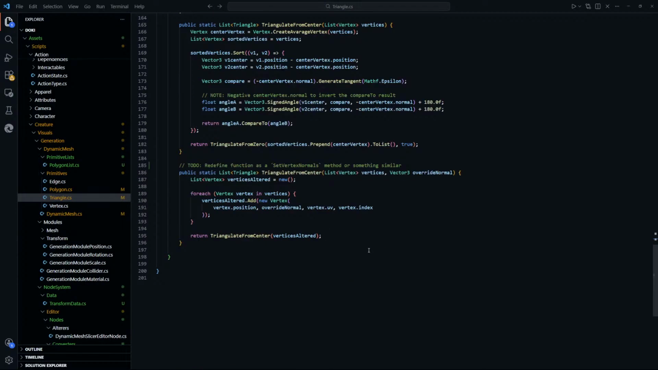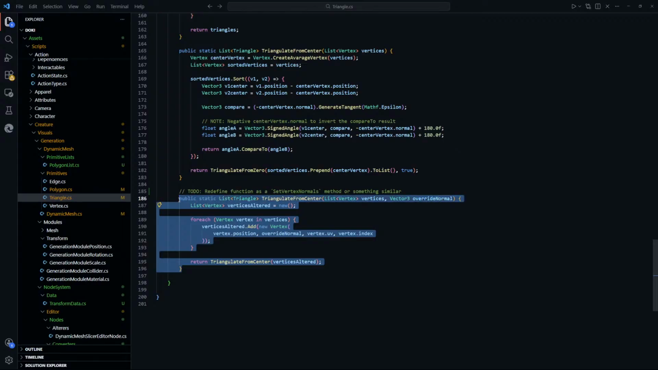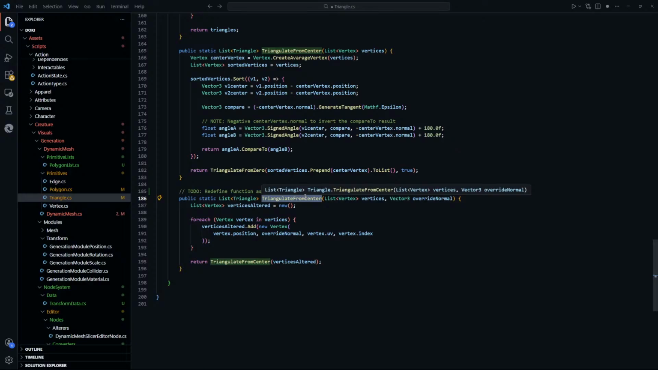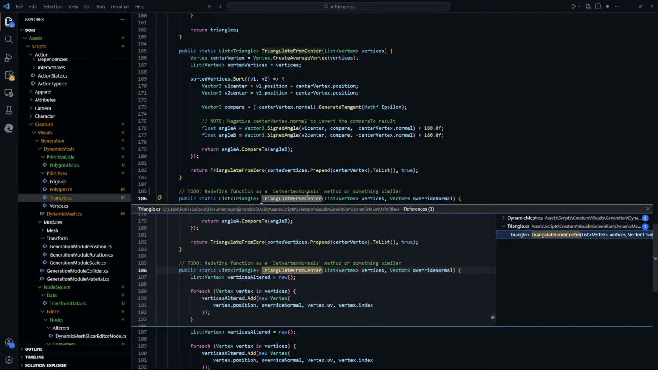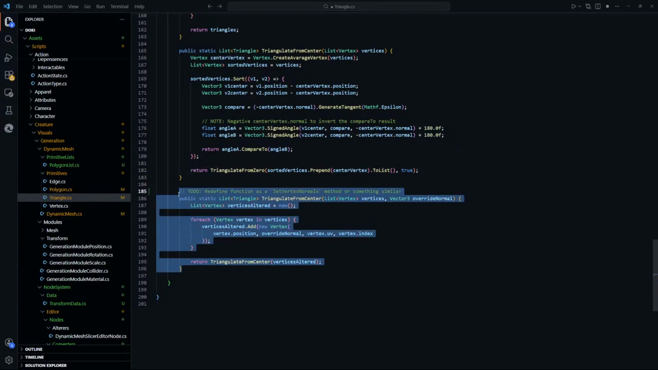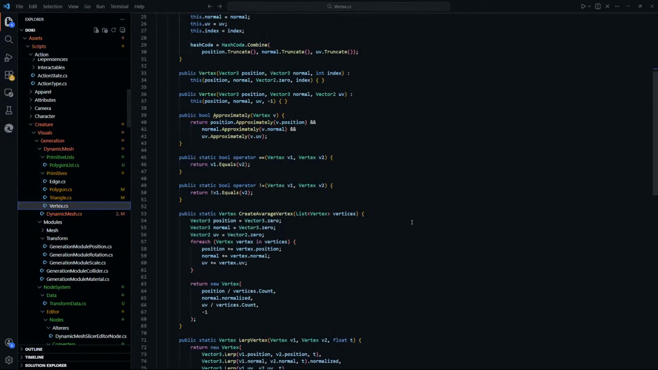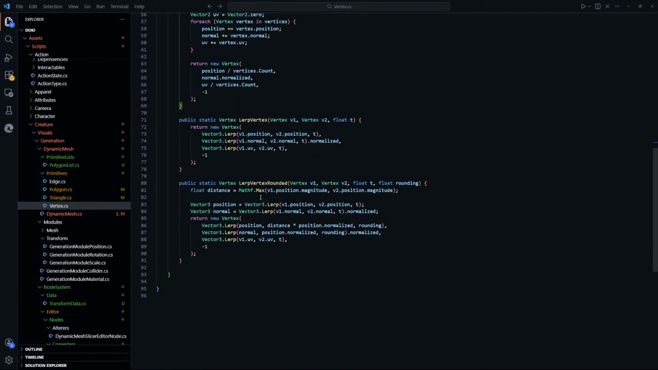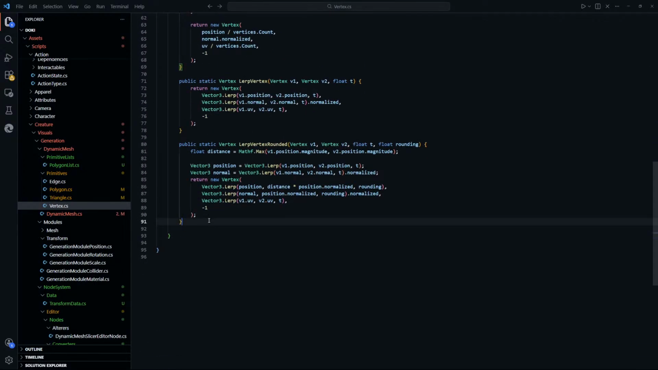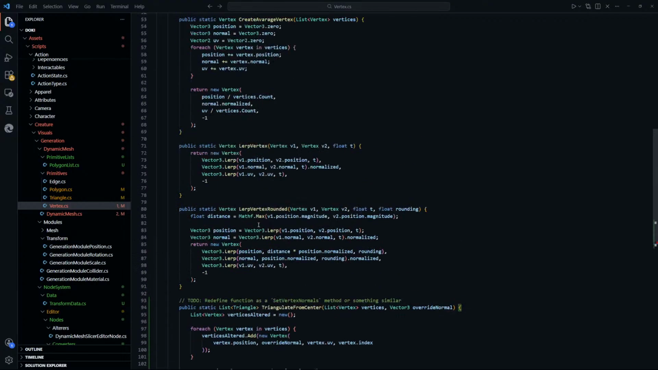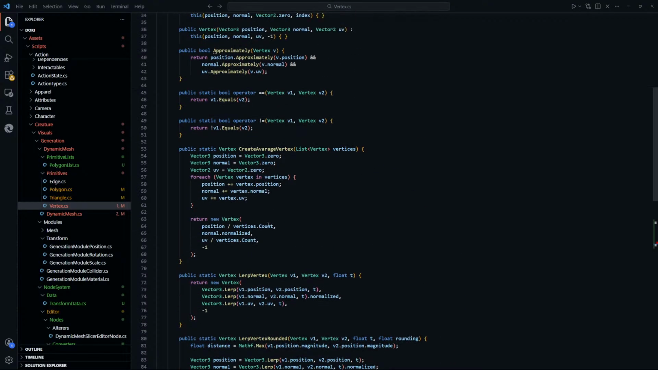So let's take this method. One sec. First, I just want to double check. Where do we call this one? Yep. Good. Take this one. And I think we want to have it in vertex as a static method. And then we can have